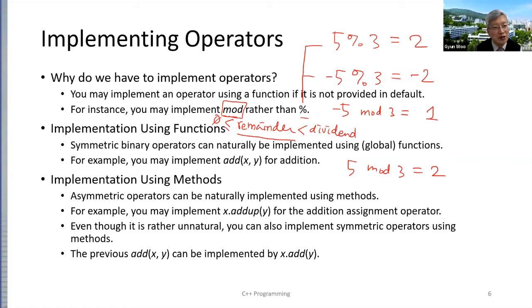So, implementation using functions. While we're going to implement an operator, you have to consider the symmetry of the binary operator. If it is symmetric, then it is naturally implementable using a global function. For example, you may implement add(x, y) for x plus y. Since it is symmetric, both of them are valid. Okay. How about